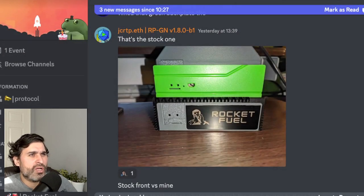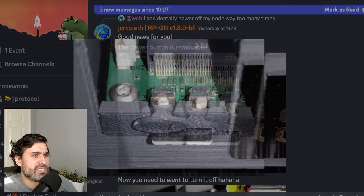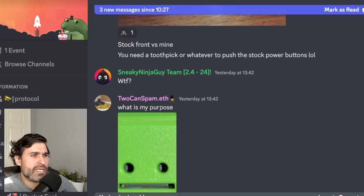So Joe made a power plug like this. Look, if you can see it on the screen, he made a little add-on as a power button, so it makes it a lot easier to use. But it's looking really good. And Joe says that he will